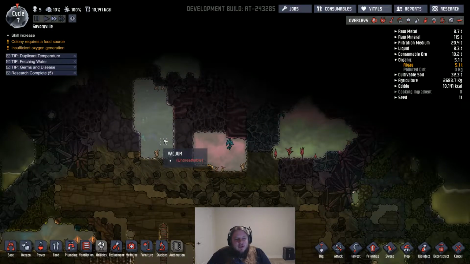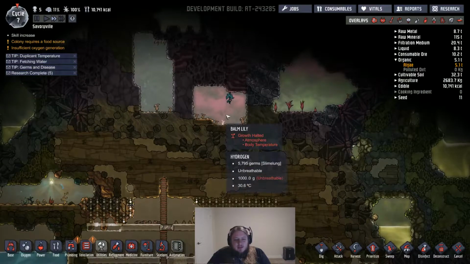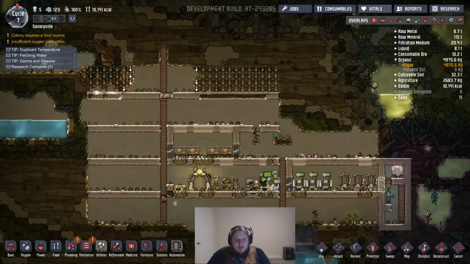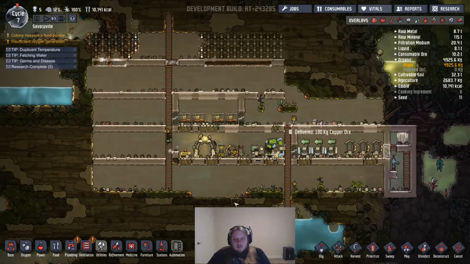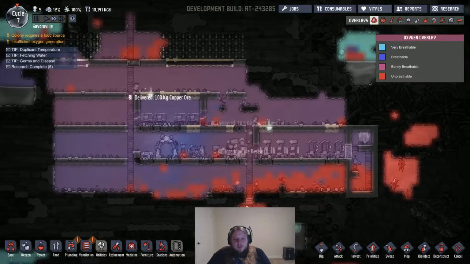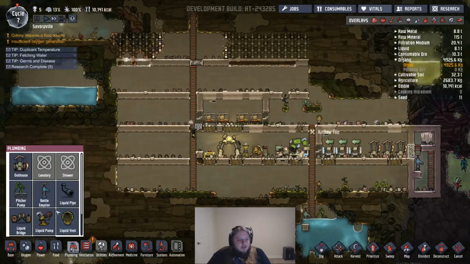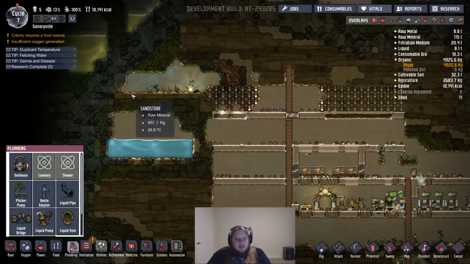Yeah, it's hot. I don't know if it's dangerously hot or not. 22C, 30, 42, 43. Yeah, it does get pretty hot up here. I don't know what level is dangerous for our people. That would be useful information. Alright, what do we got going on here? So we could probably build...